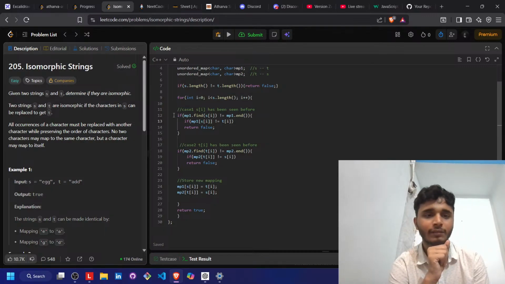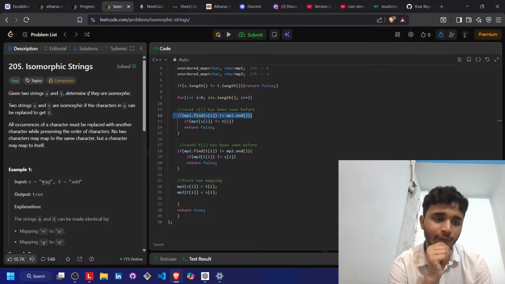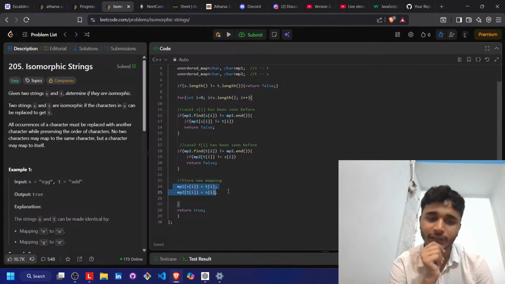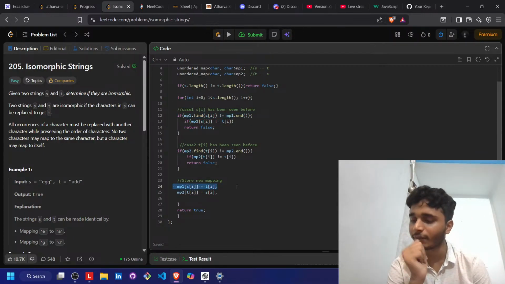This is for finding if the string one character has been applied before, right? If not, in the else case, it will map it with the current value of